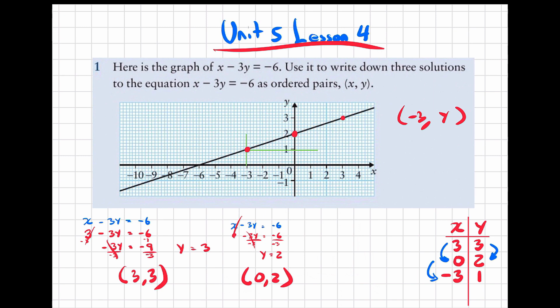But again, just to prove it, I'm going to start off with my original equation, x minus 3y equals negative 6. I'm now going to substitute the x with a negative 3. So this becomes negative 3 minus 3y equals negative 6. I'm going to add 3 to both sides, canceling on the left. I got negative 3y equals negative 3. Divide both sides by negative 3. And I get y equals 1. And I've now confirmed the third point